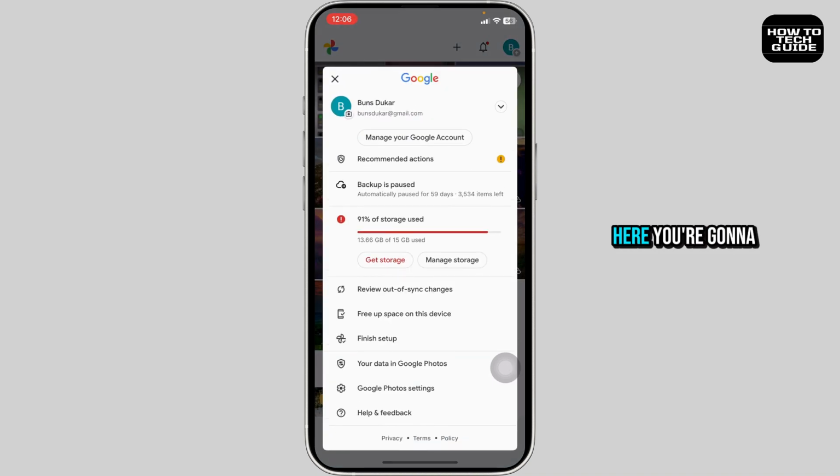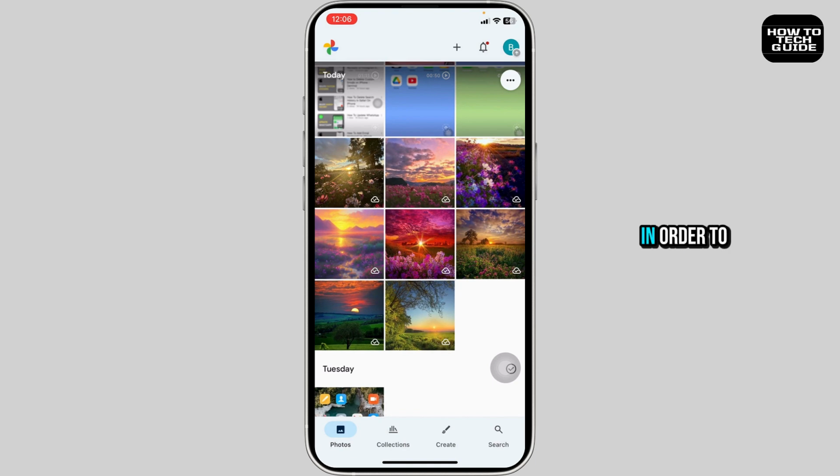Click on that. Here you're going to find different options, but you won't find the option to change the language. Google Photos does not have a built-in language setting. It automatically uses the language you set on your phone. So what you can do is change the language of your device in order to change the language